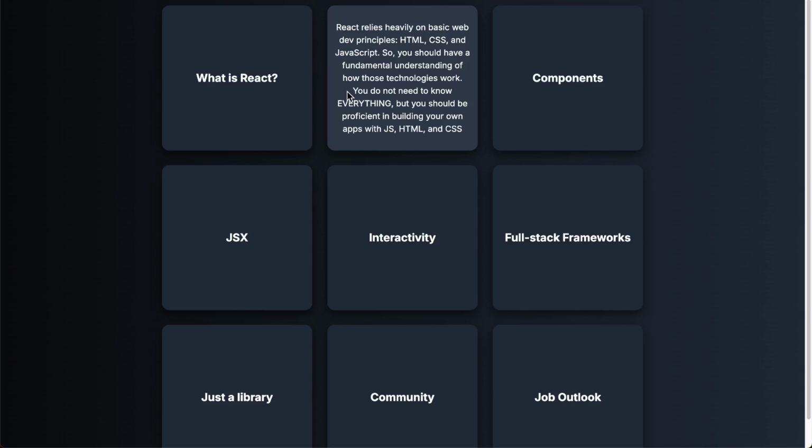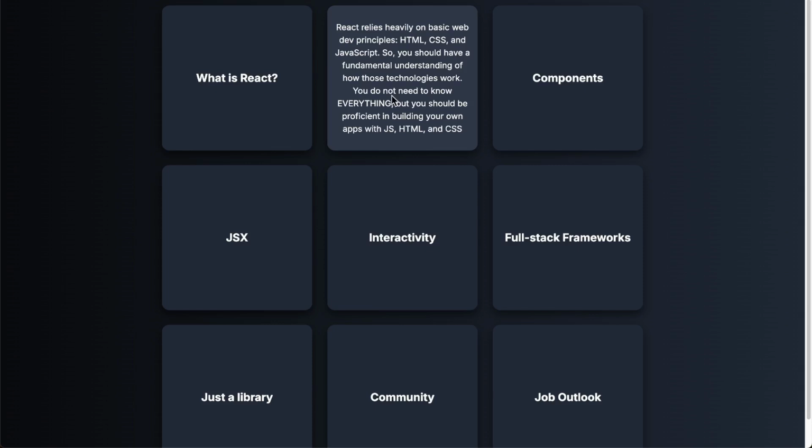Now, if you're building natively, so you're building mobile applications, then in those cases, there's a little bit less CSS that you'll need to know, although depending on what mobile route you go, you can use stuff that kind of looks like CSS. But regardless, when using React, understanding HTML, JavaScript, and how to style applications is going to be important.